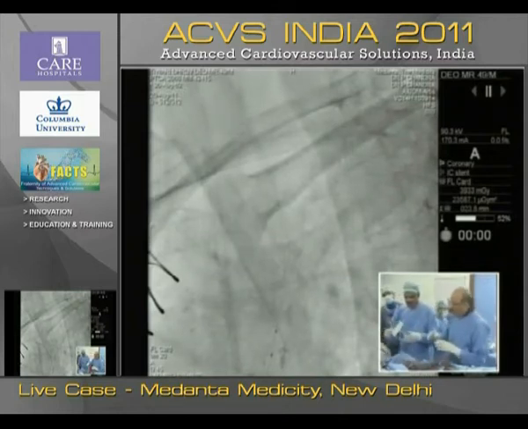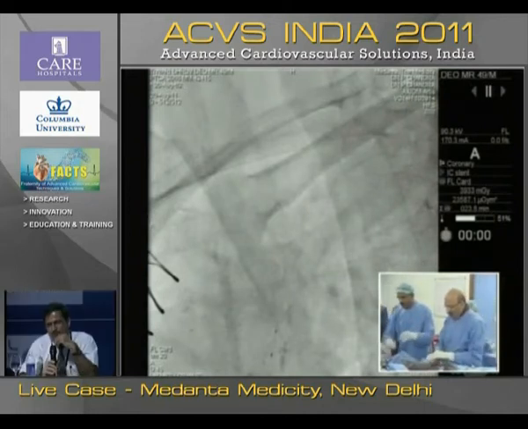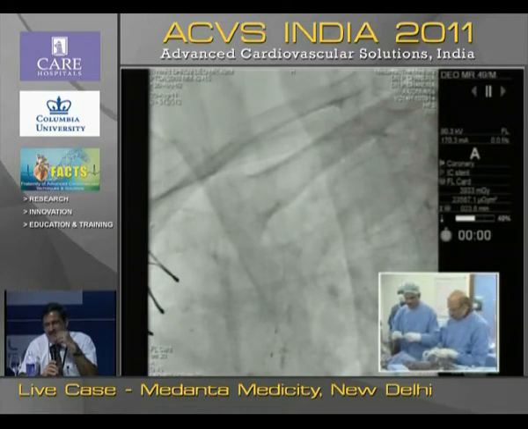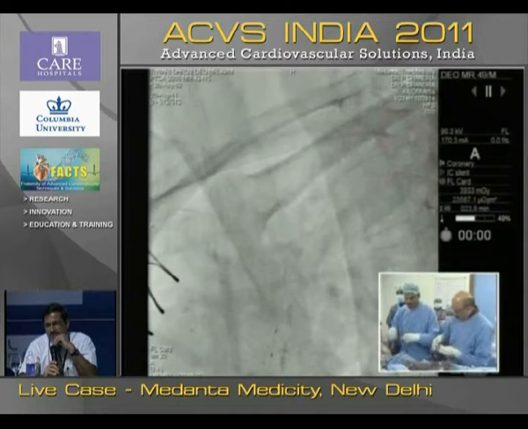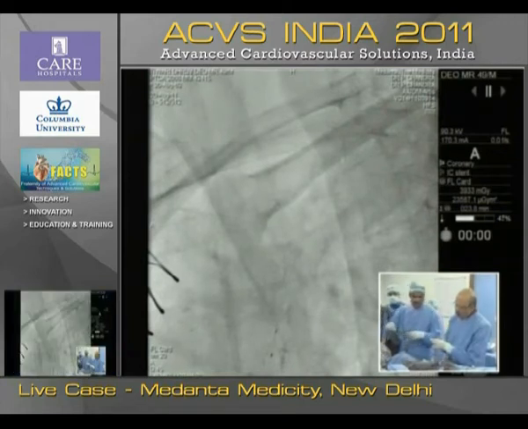Well, let's take another wire. If you still can't cross the balloon, then more problems can be created. What I suggest now, because there is no other way, is that you put another wire, hopefully that LIMA will behave, and then you directly take the stent and try it, instead of going with the balloon and dilating and then not doing the job properly. The balloon is not going to help us. Take the stent directly and do direct stenting, because it is more or less clear that we will have serious issues.